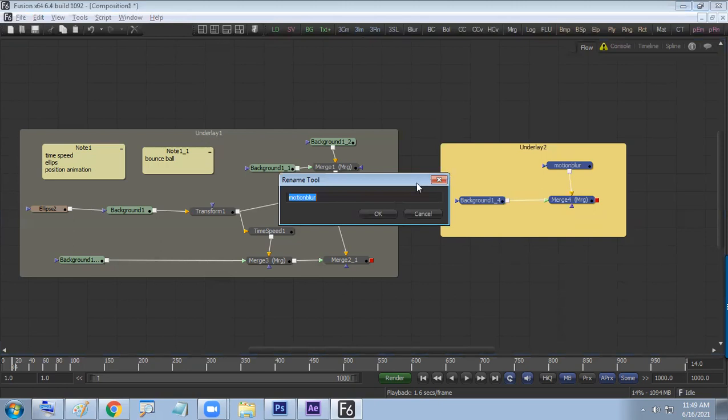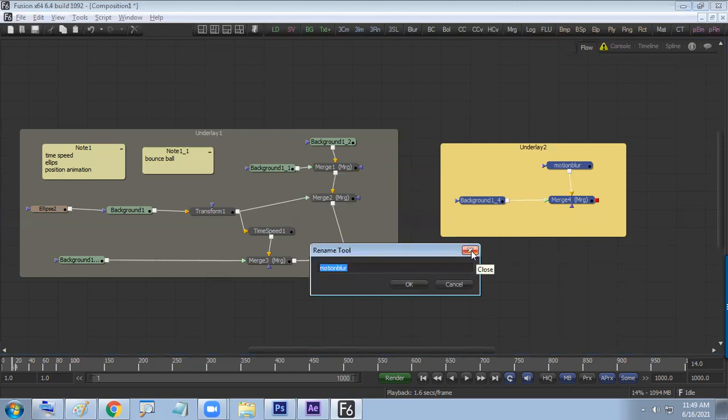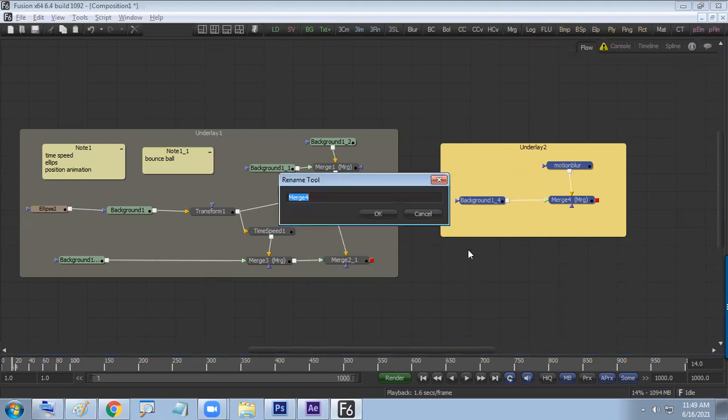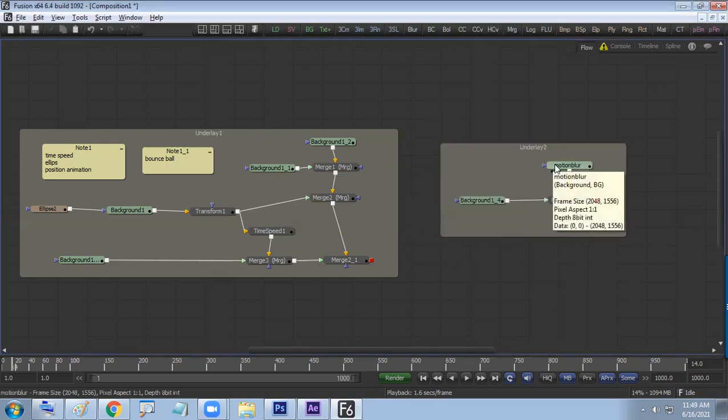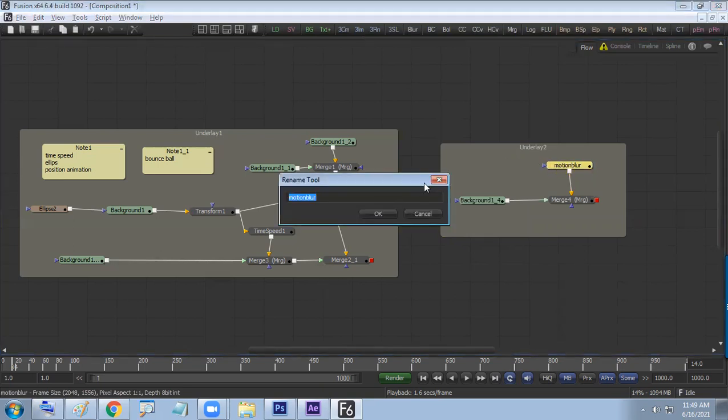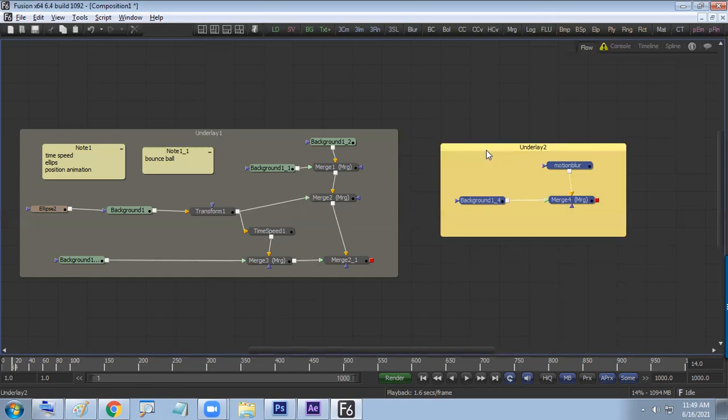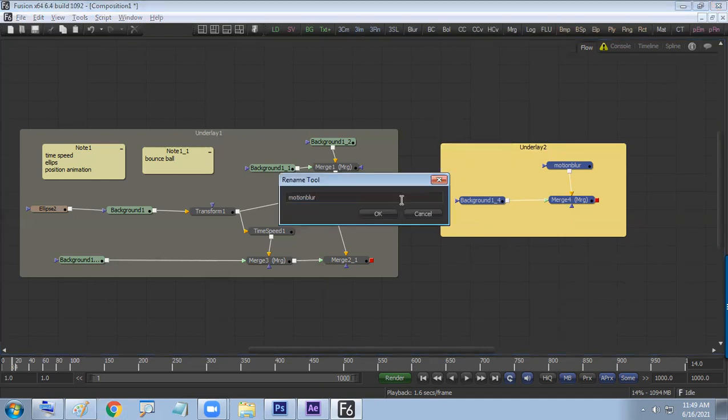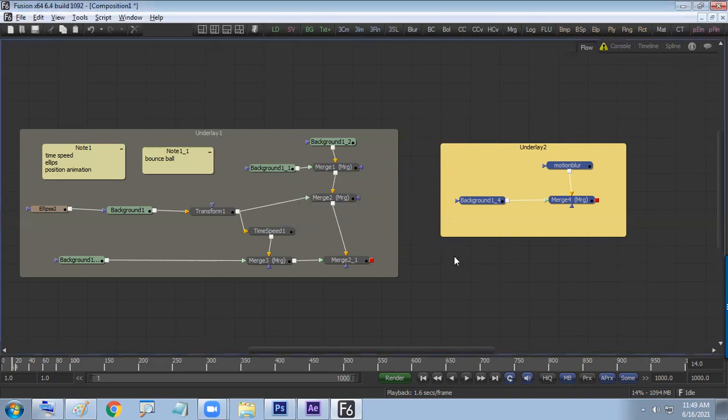Yes, yes, it is written motion blur. Cancel. This node is not changing, but the merge node is changed. You can see the impact over here. F2 button, Control C. I'll leave it up. Cancel.